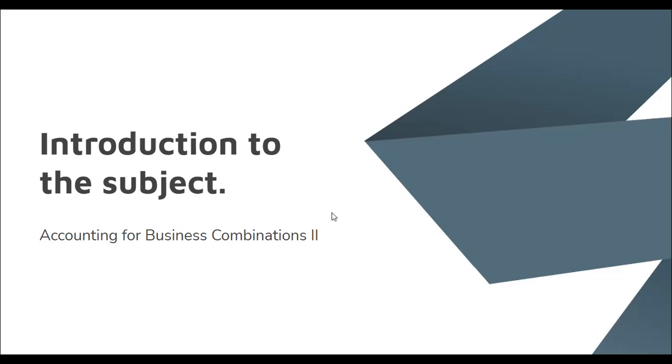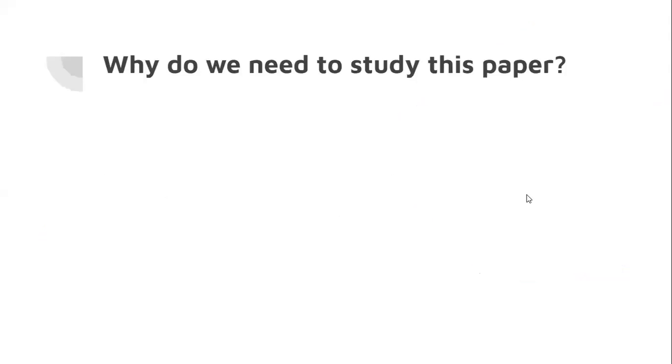Now, moving on, why do we need to study this paper? Well, for most of us as students, it becomes a lot easier if we understand the reason behind studying this paper. That is what this slide is exactly going to answer. Well, the very basic idea is this subject will help us understand three areas of business combinations. The first one is how to record a business combination. What are the various accounting transactions, accounting entries that need to be passed when a business combination occurs?